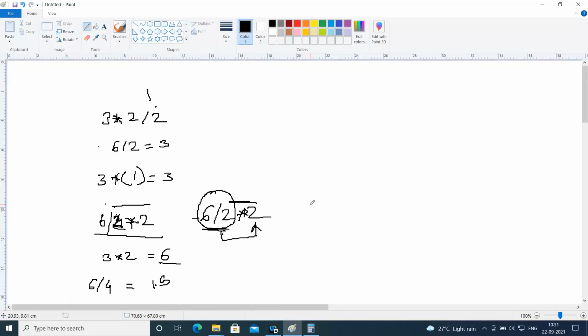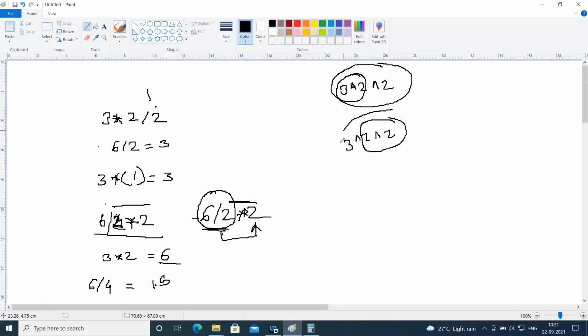There is one more similar operation wherein the association is from right to left. For example, if I write 3 raised to 2 raised to 2. Now, if we are doing this operation, then performing 3 raised to 2 and then this overall raised to 2 may have a different result than performing 2 raised to 2 first and then taking 3 raised to the result of 2 raised to 2. So these results may be different depending on what numbers we are executing this task on.